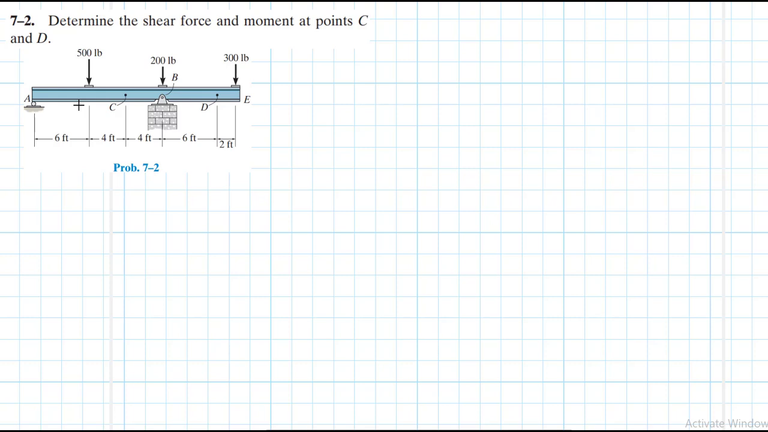The problem reads, determine the shear force and moment at points C and D, and draw the shear force diagram and the bending moment diagram. This problem is coming from the Engineering Mechanics Statics textbook, 13th edition by R.C. Hibbeler. We have an overhanging, simply supported beam,